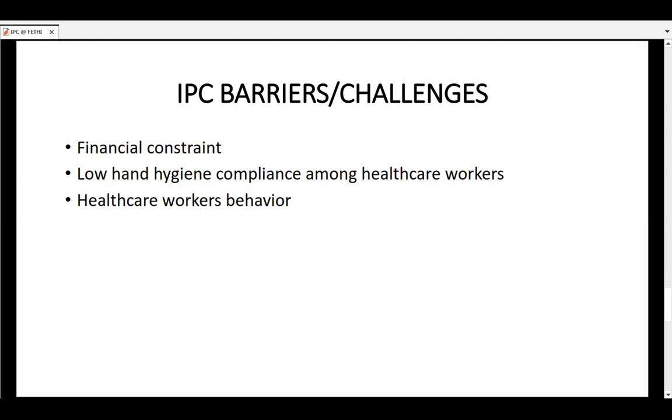But we know that we've made some appreciable improvements, and thanks to some of the platforms that we have to get some training so that we can implement some of these changes. And for me, if I project over the next 3-5 years, we believe we are still going to improve further so that IPC practice can be fully institutionalized and patient safety, healthcare worker safety, and community safety will be improved overall. Thank you so much, Sir Sama. Over.